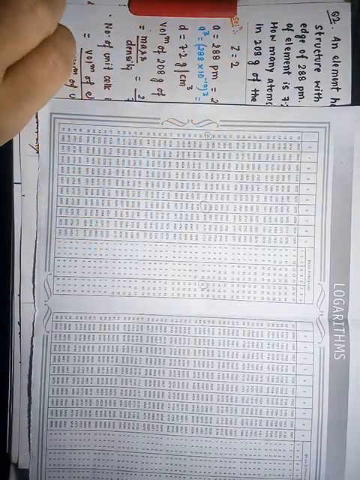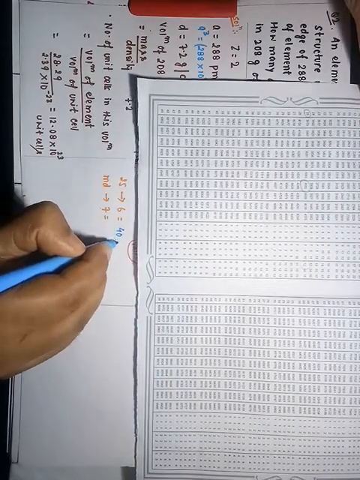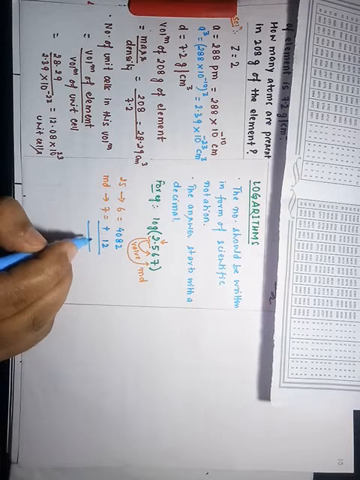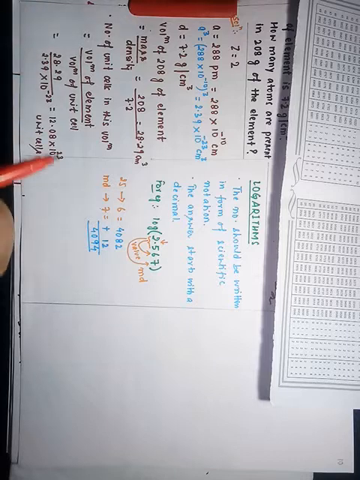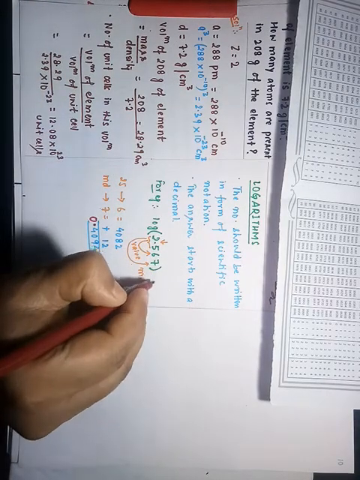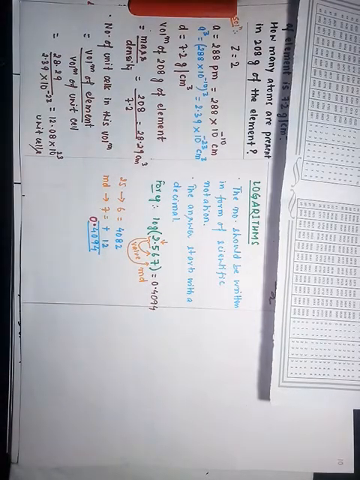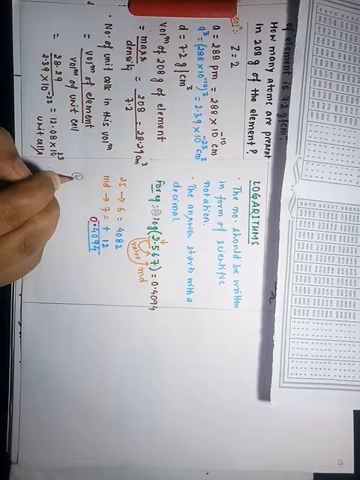So the value of 25 in 6 is 4082, and mean difference 7 is 12. Now we have to add these numbers. So this gives us 4094. And a point to be noted is that we have to place a decimal by ourselves before this number. So 0.4094. So the value of log of this number is 0.4094. This is example number A. Let us take some more examples. Example number B.